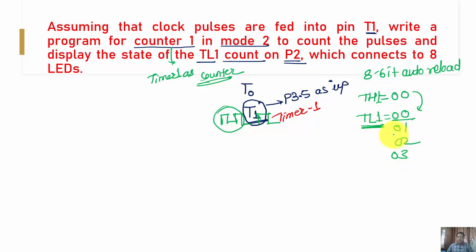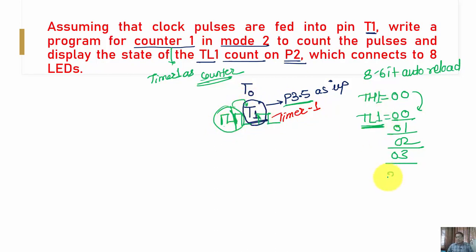In short, whatever value is present in the TL register is nothing but the number of clock pulses received on pin T1, that is P3.5. So we are going to count the pulses received on T1.